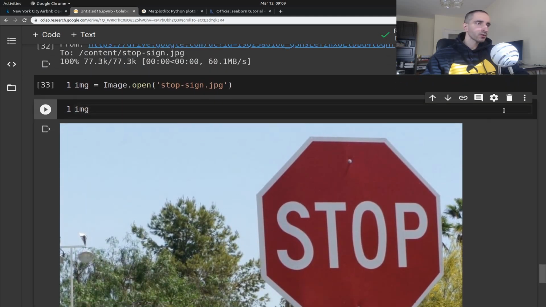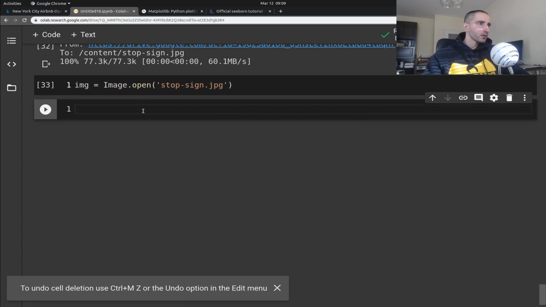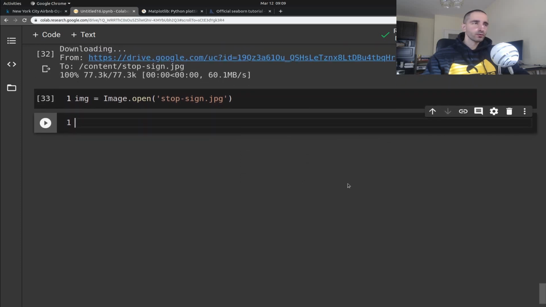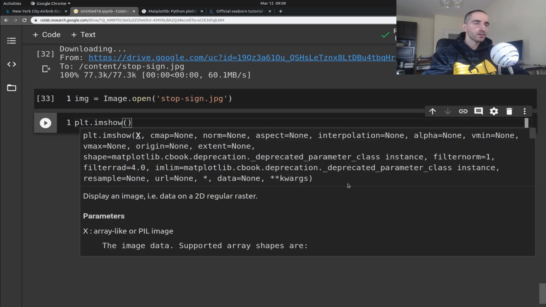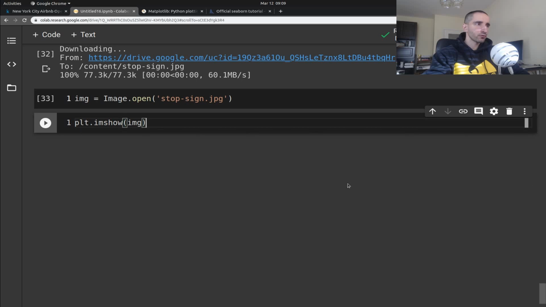But if you wanna have a look at how you can do the basic plotting using Matplotlib, so it would respect the sizes that you've given to Matplotlib, you can do this,